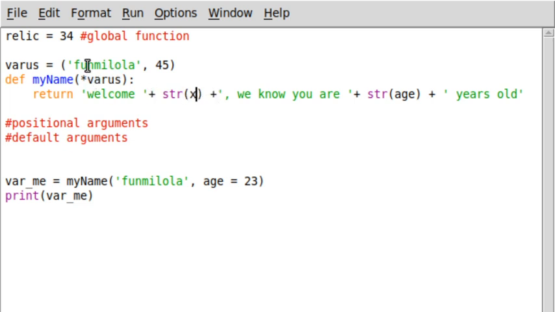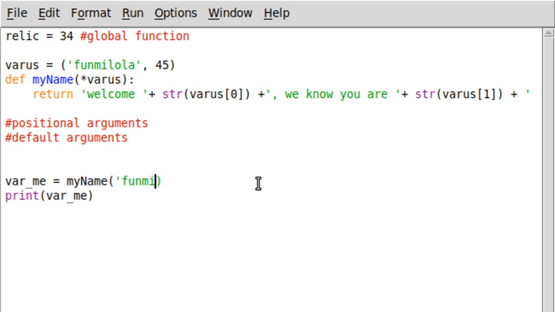Now, Fumilola is our first argument here, so we can say varus 0. Varus 0 means varus, which is this, and then 0, the input with index 0. Then we can go ahead and say varus 1. Right? So we can go ahead and then pass in varus. When we go ahead and run,